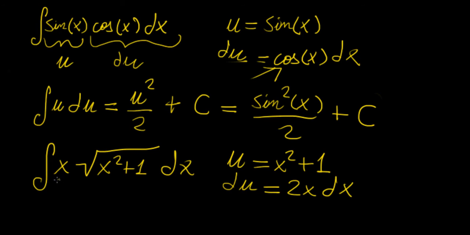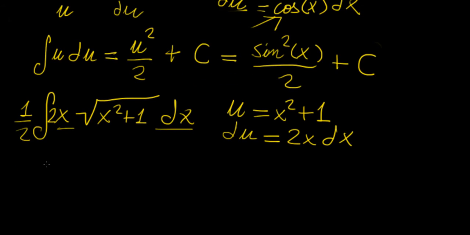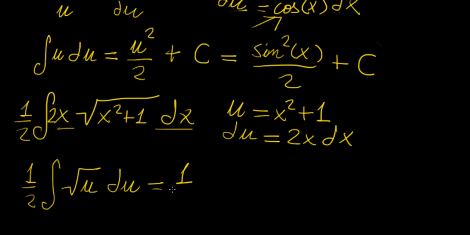So this is almost the same as this portion of the integral, but the only difference is that we need that 2, so we're going to put a 2 in there, and to balance it out we're going to put 1 over 2 on the outside of the integral. So now we can rewrite the integral as half of the integral of 2x times dx, that's going to become du, and this expression here is going to become u, so this is going to be square root of u, which is the same as saying the integral of u to the power of 1 over 2 du,